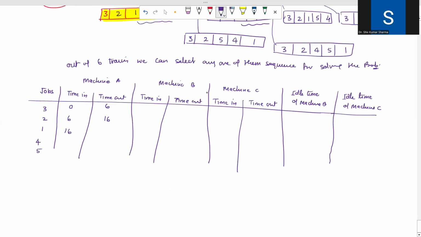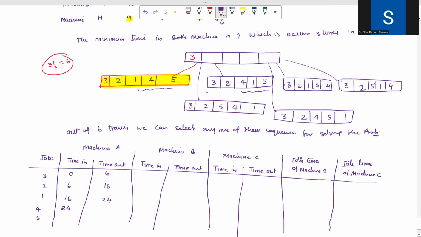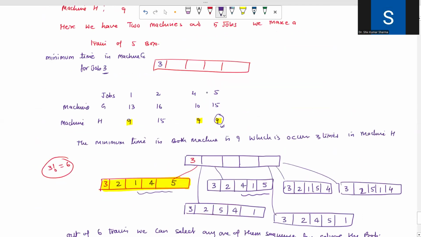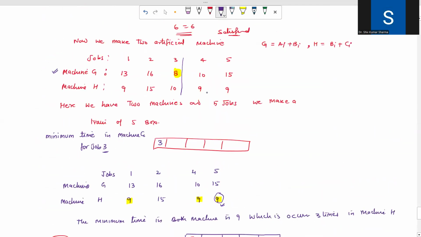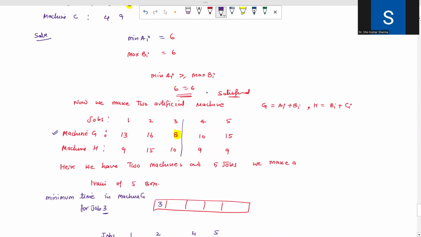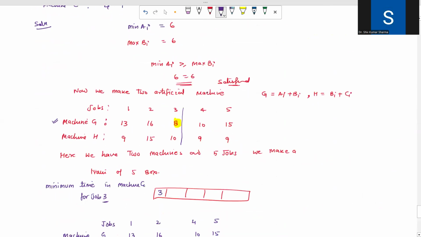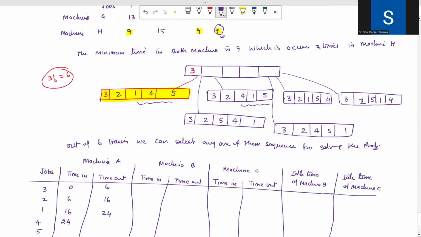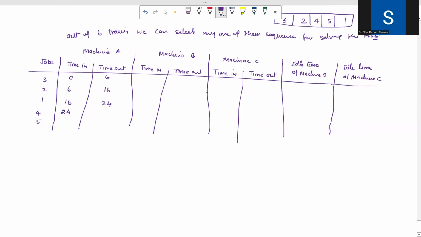So 16 plus 8 is 24. Now we start job 4 at 24. The time for job 4 is 7, so 24 plus 7